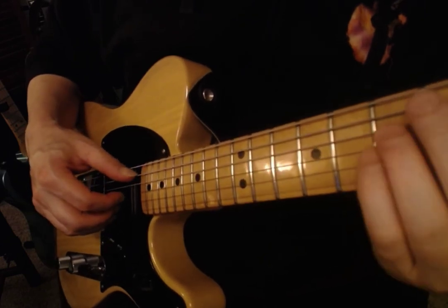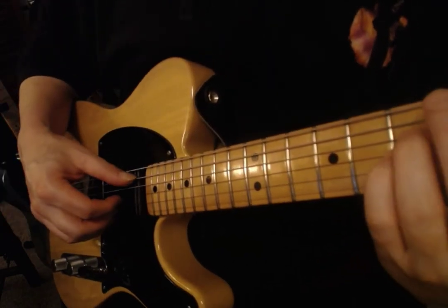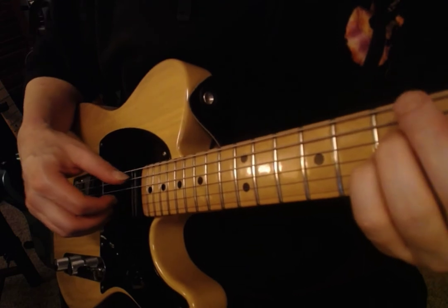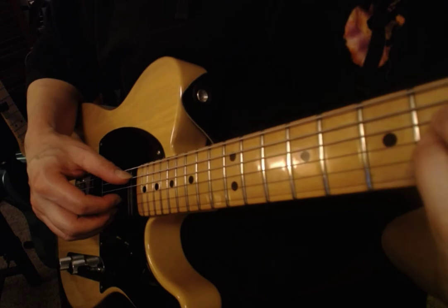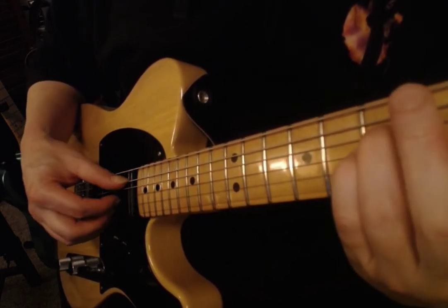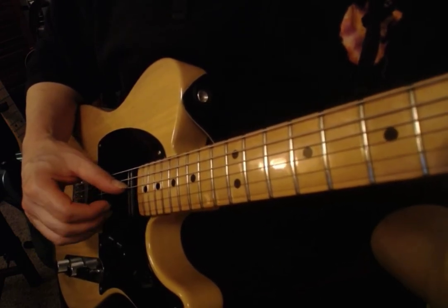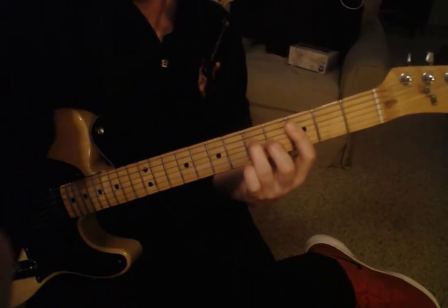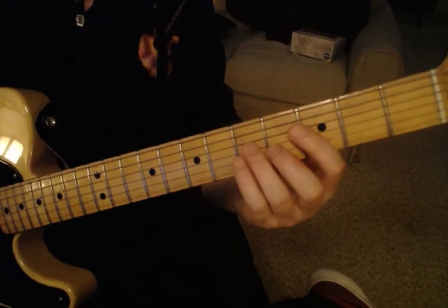And I would probably do a little slur, kind of a slide to the C chord just to make it musical. 1, 2, 3, 4. 1, 2, 3. You have to put the first finger down deftly. I'll show you that in a second. But here's the right hand. Sounded like crap, but...